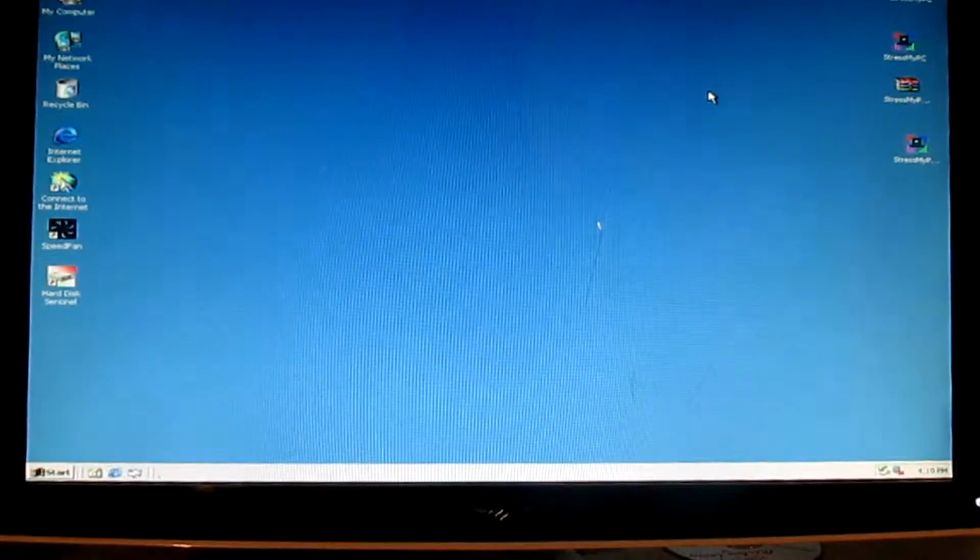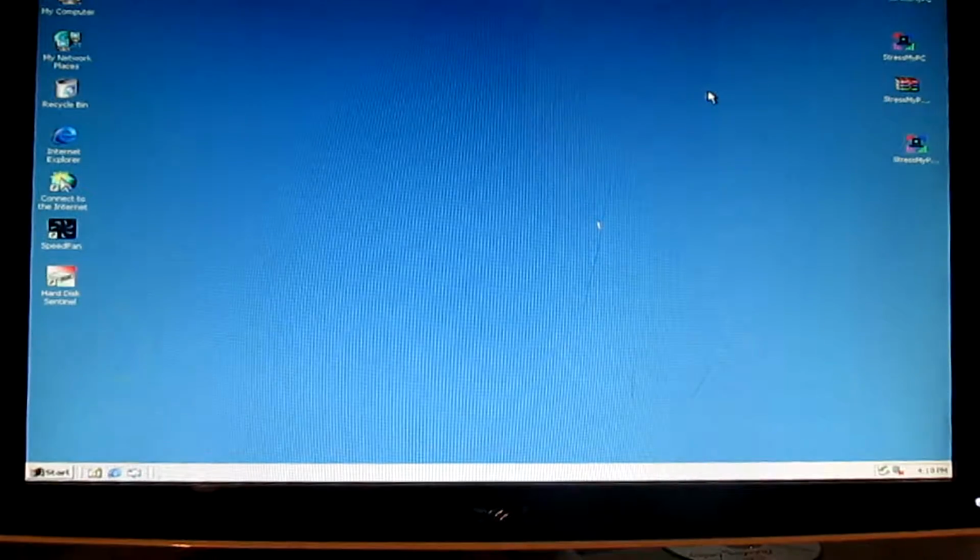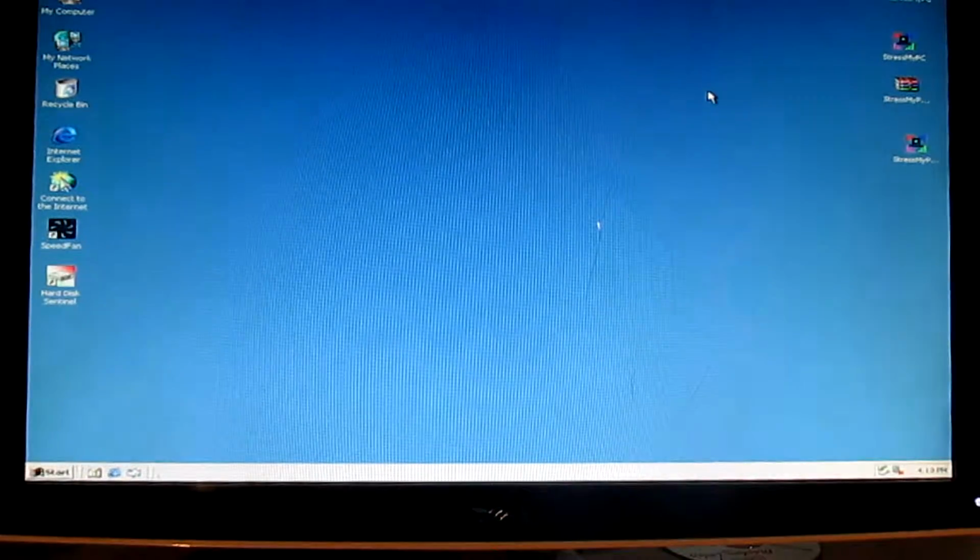So, pain. I really wanted to see how many G-flops this thing could pull, with the dual